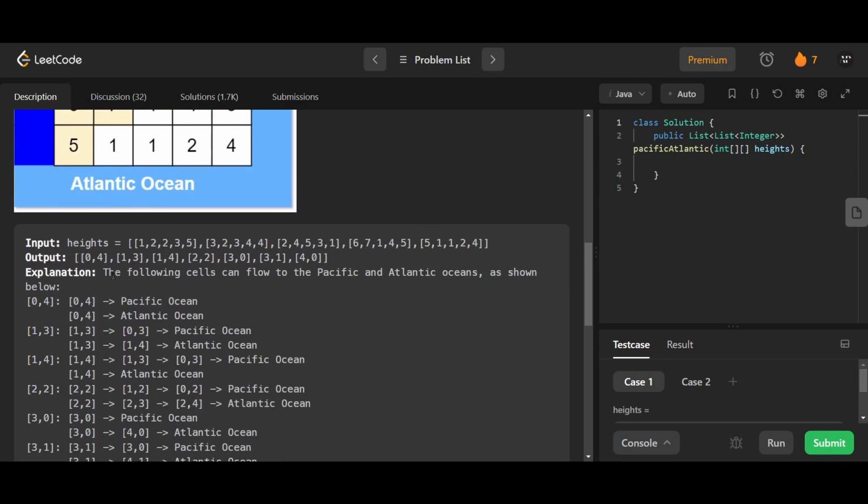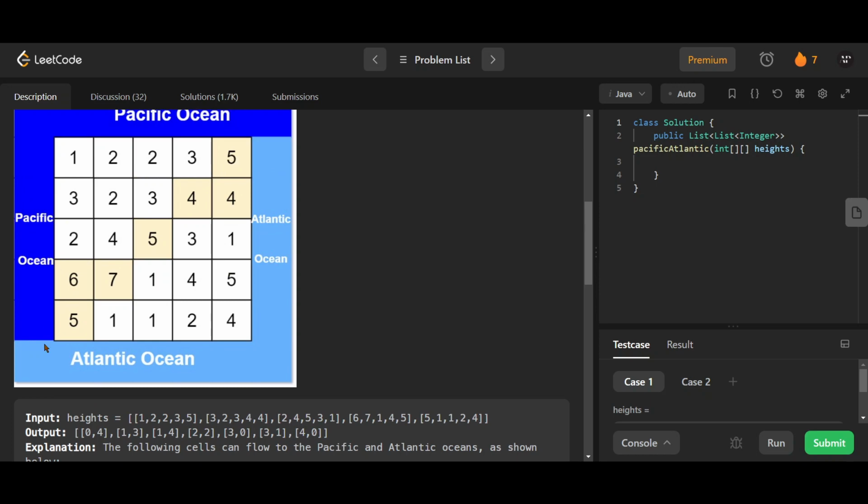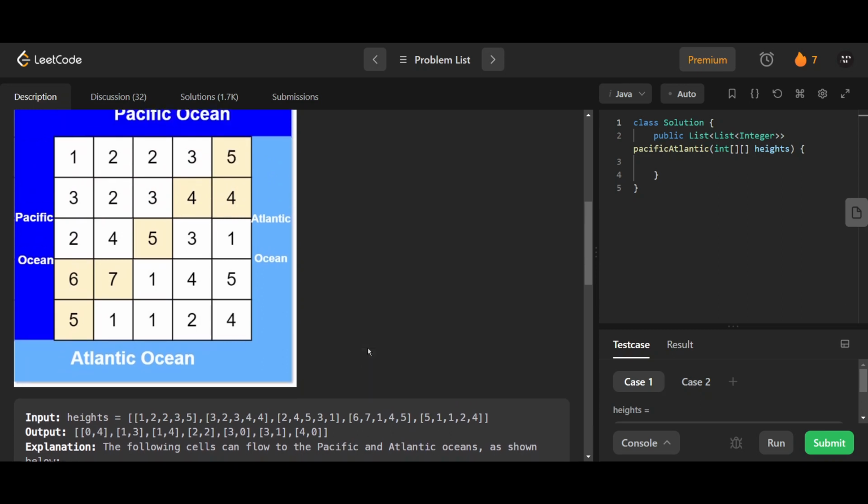Heights equals to this. The explanation: the following cells can flow to the Pacific and Atlantic Ocean as shown. 0,4: Pacific Ocean, 0,4: Atlantic Ocean. So 0,4 is these two, which is fine. 0,4 and 4,0 are quite basic to understand. From 1,3 to 0,3 is Pacific. So